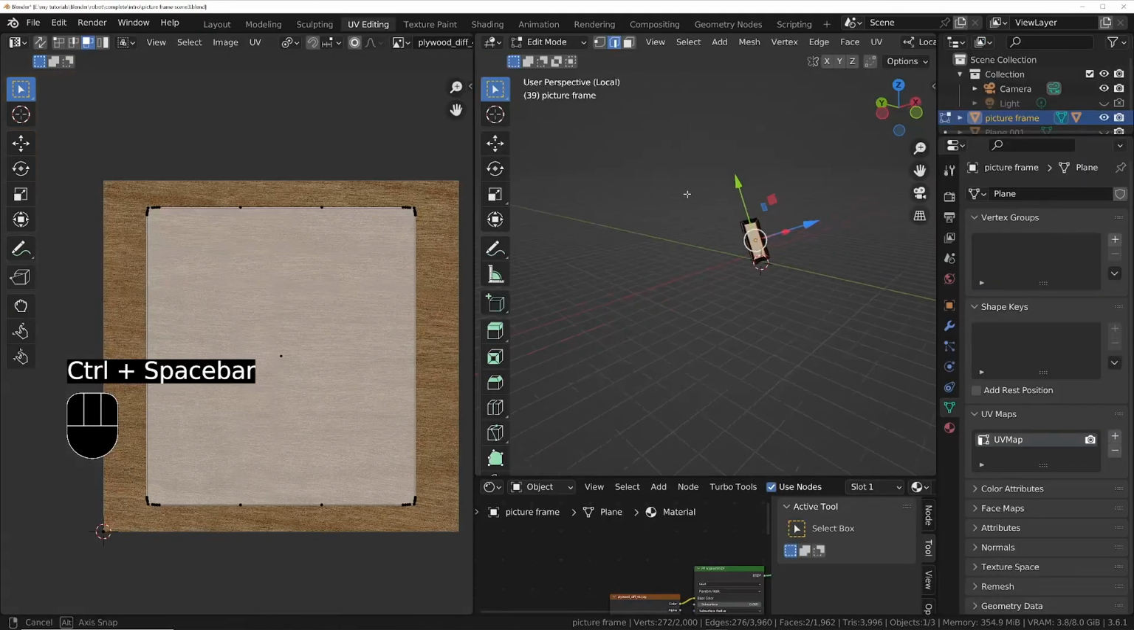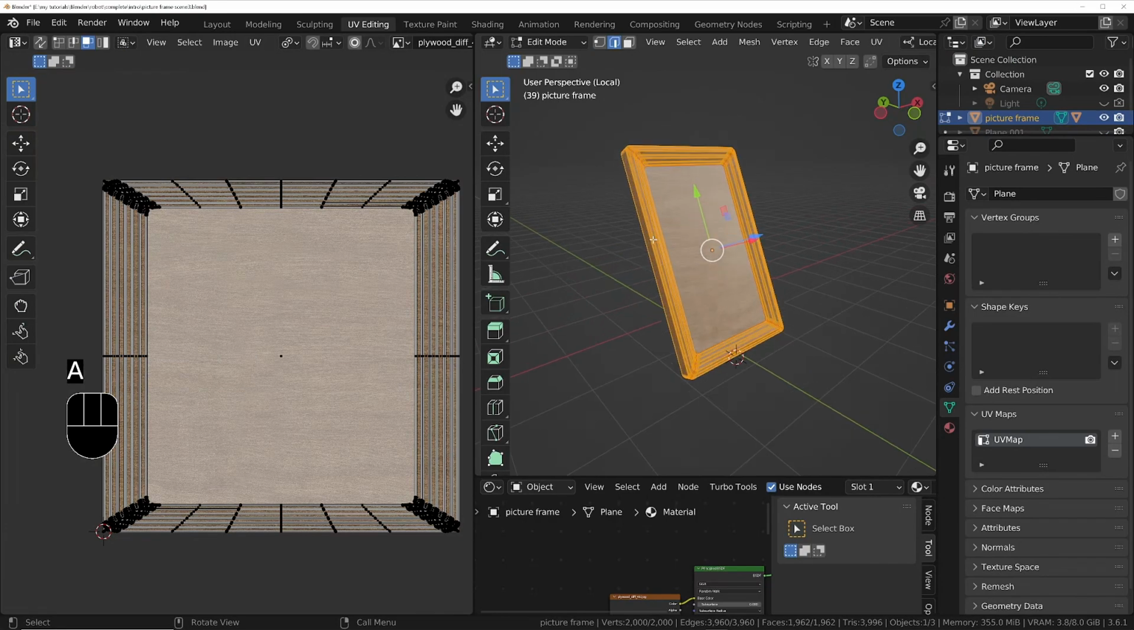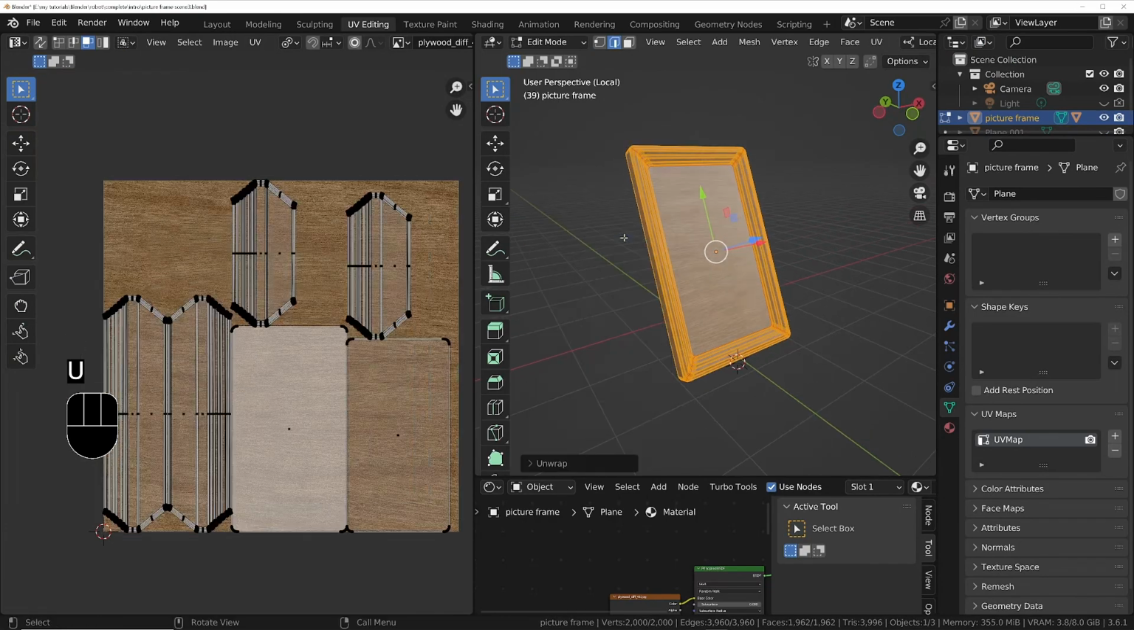Come out of full screen mode. I'll select everything and I'll press U and then unwrap. This is going to unwrap it all for us. But the problem is